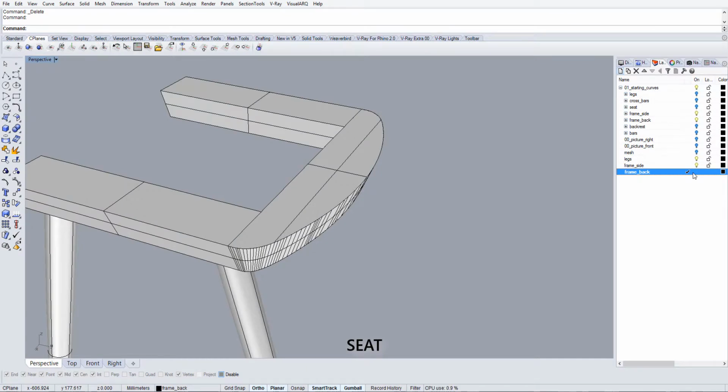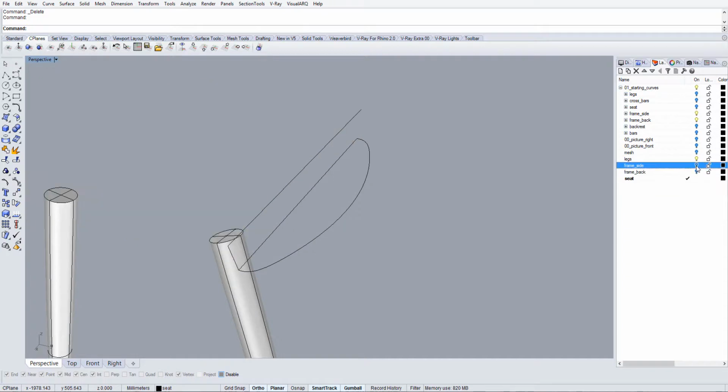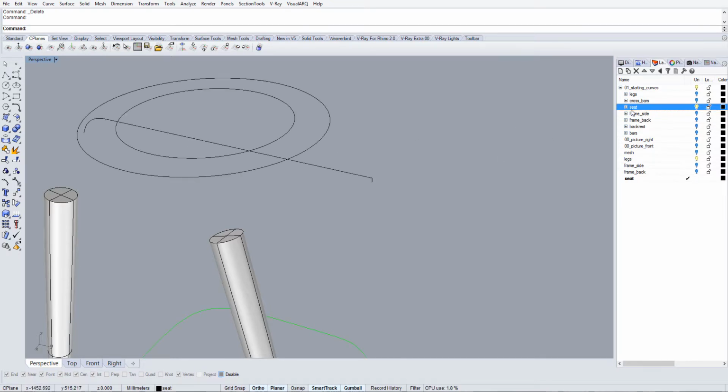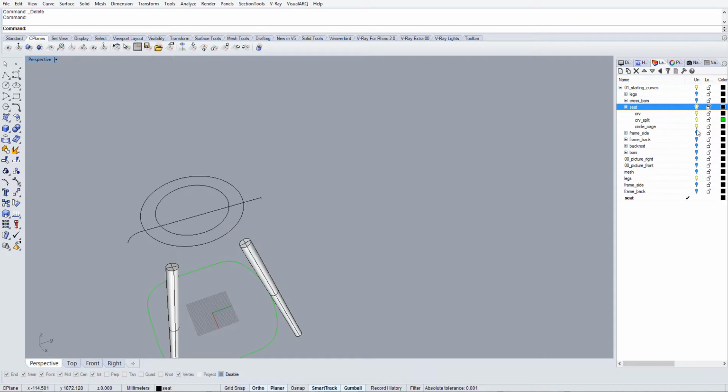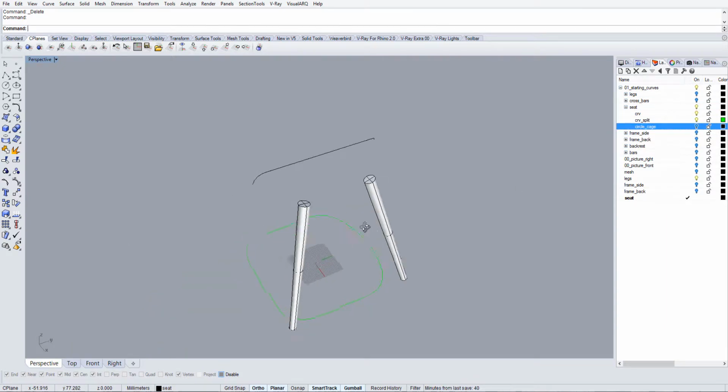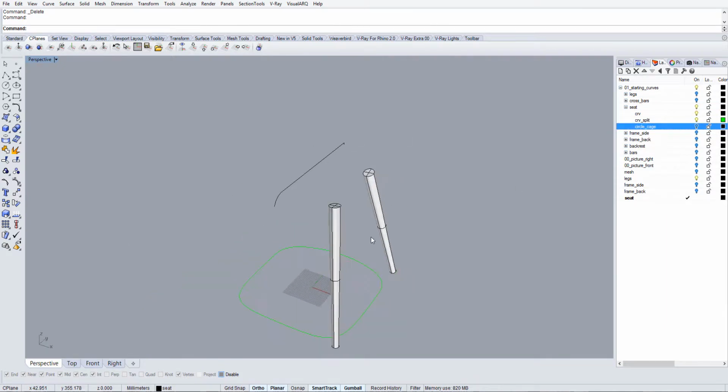Now we can start building the seat. So first, let's create the new layer seat. We can turn this off, even these two off, and let's turn on the seat layer. Actually, we don't need the circles now. Okay, so